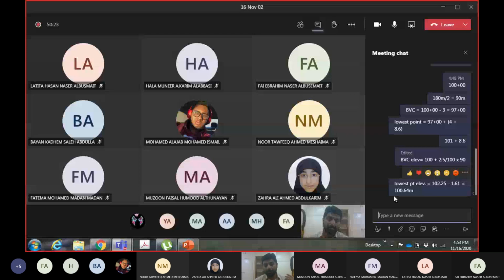Secondly, somebody pointed out a very good point in the previous section. If you are doing mass haul calculations, you can use an Excel sheet, and it is better to use an Excel sheet because you are repeating the calculation. If you are doing it with a calculator, every time you have to put in the new values and it will waste time. Use the Excel sheet. If you want, you can upload the Excel sheet itself. You don't have to take a picture or anything. Do it in the Excel sheet and upload it directly. But if you want to do it by hand, I will accept it.